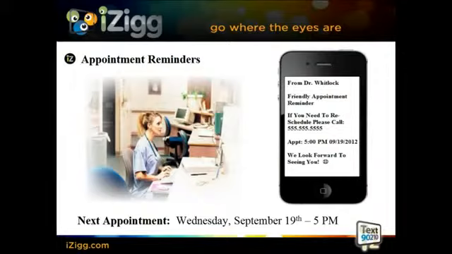Then we look at appointment reminders. Do you realize how much time is wasted on staff having to track patients down via telephone and remind them of an appointment? Even less effective is email. Right now, less than a 10% read rate. Why? Because it's plagued with spam. Every morning I get up, it's dozens upon dozens of spam that's in my inbox. And it's to the point where people just delete, and they don't even look at it.